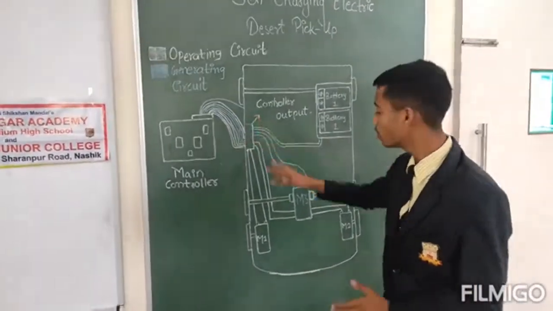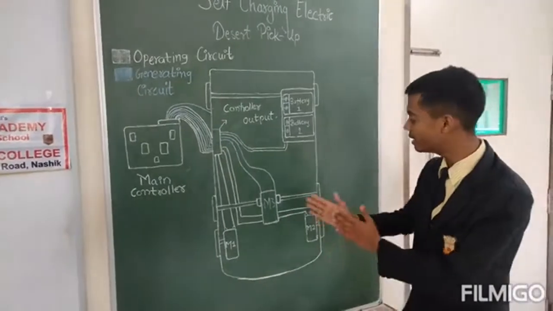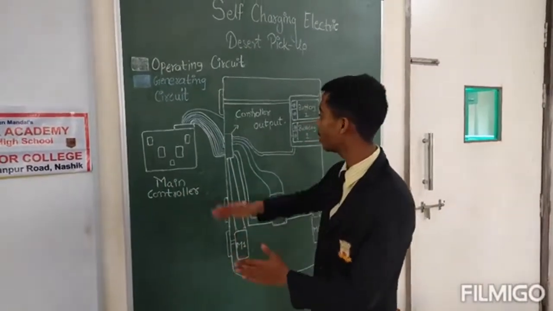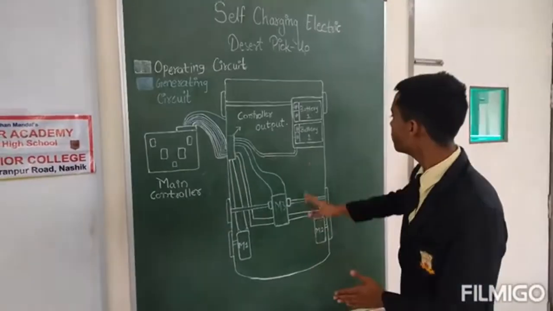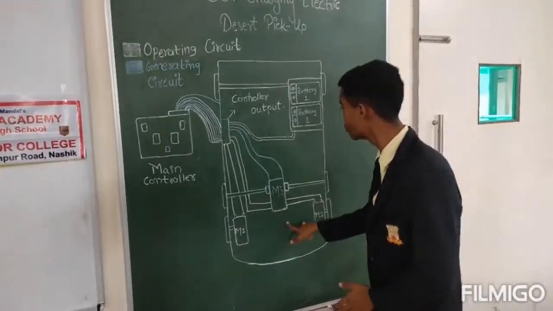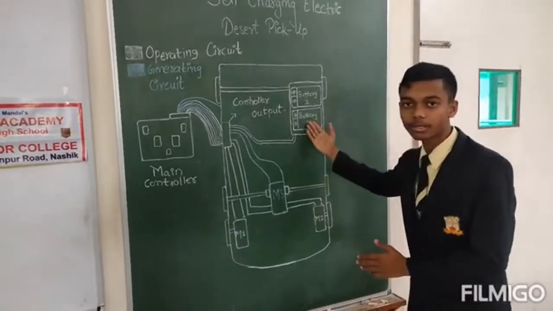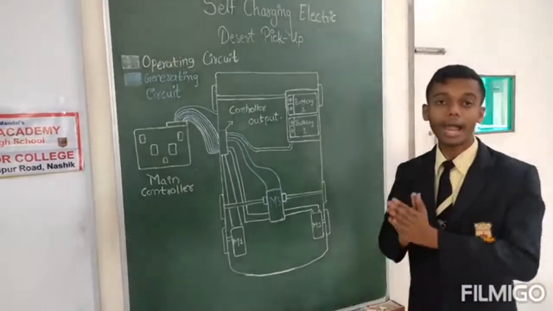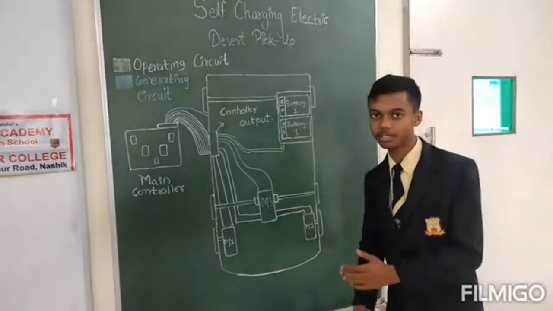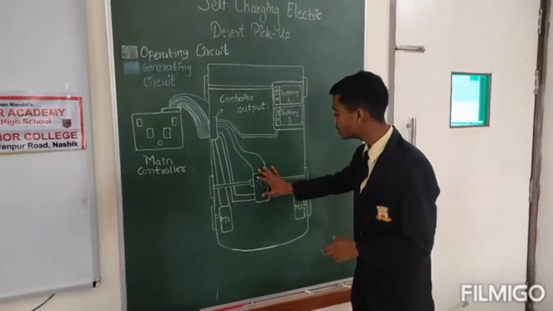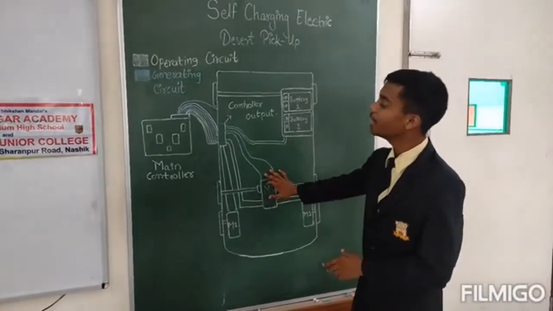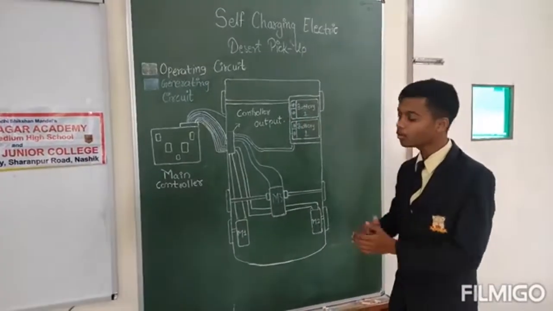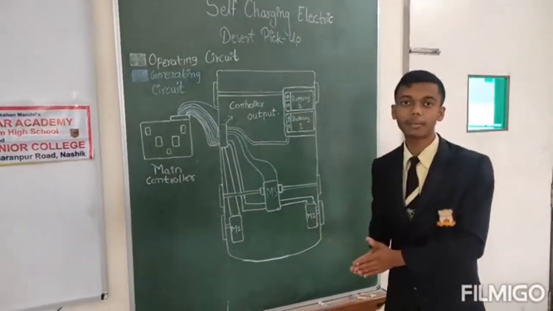controller output. So whatever electricity is generated by this motor, first it will go to the main controller, and then the main controller will allow it to pass to the battery. So when battery 2 is operating the motors, suppose this is our operating circuit, battery 2 will operate both motors at a time, and at the same time battery 1 will be charging. How? This motor will produce electricity, it will go to the main controller, and thereafter it will go to battery 1. So in this type of circuit, the battery will get charged.